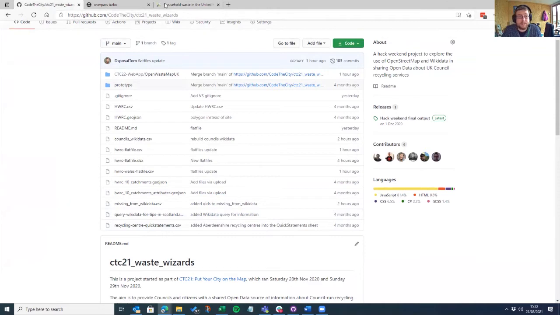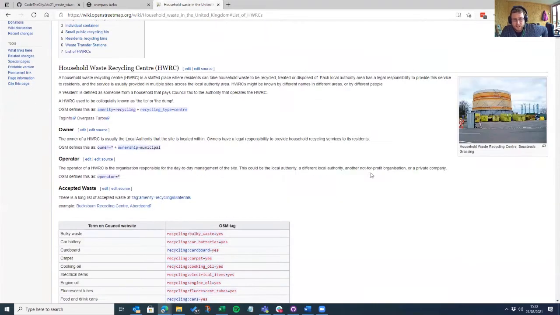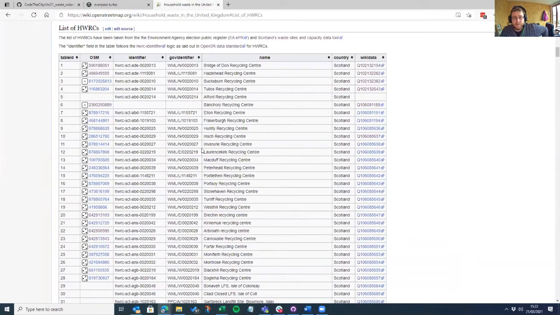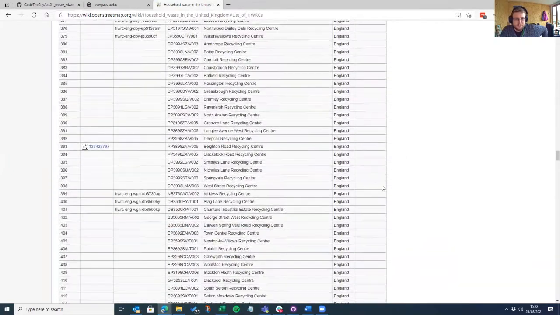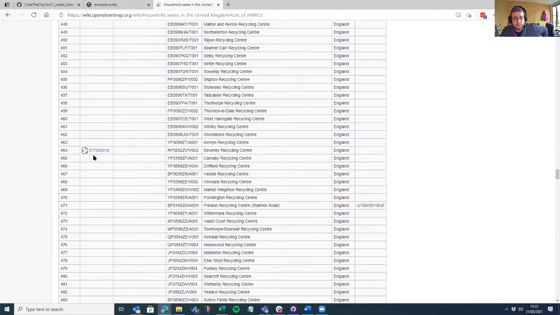This time round, with the help of Jez, we've created a page on the OpenStreetMap wiki around household waste recycling centres and given them a bit of blurb, given some different tags, and then found all of the recycling centres for Scotland, England, and Wales. So there's 900 and odd on this list. And then what we're doing is we're joining up between references